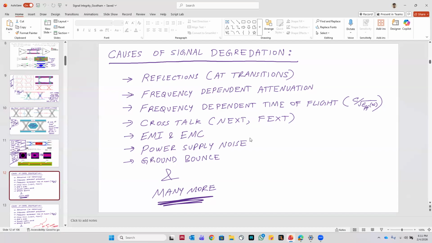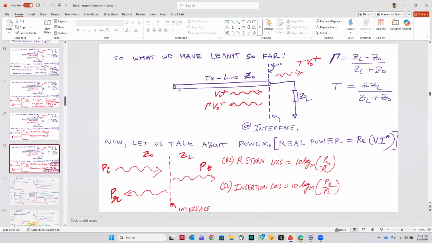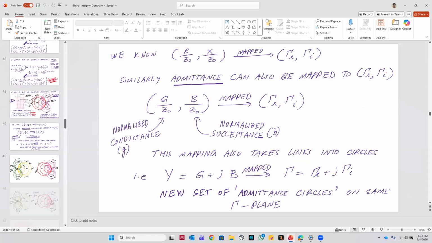And then finally, once I've taught matching and EMI, EMC, I will give you a real world example from my own experience of how you design a trace for signal integrity, for a frequency of around 50 gigahertz. I'll give that as a case study to show how it can be done in practice. Yeah, so before we go to matching, because that's a little involved,